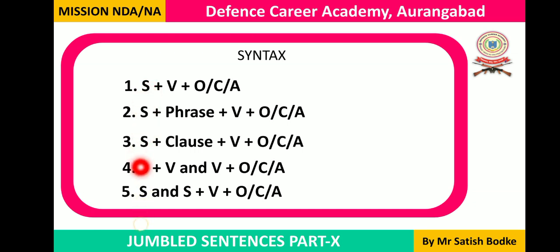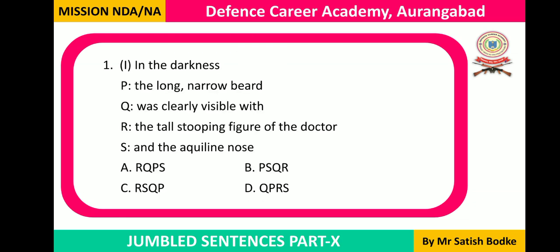In all the syntax types, you can see that every sentence begins with a subject. Then comes the verb, but sometimes between the subject and the verb, a phrase or a clause can be inserted. Sometimes two verbs can be joined by and, and sometimes two subjects can be joined by and. So these are the various syntax types. Apart from these, there can be many others. Sometimes a phrase can be inserted in the beginning, or a sentence begins with a prepositional phrase. So that's all about the syntax types, and now we are going to look at the examples.